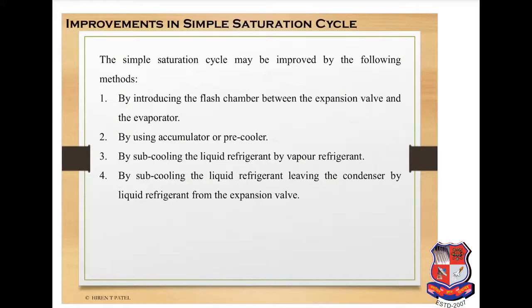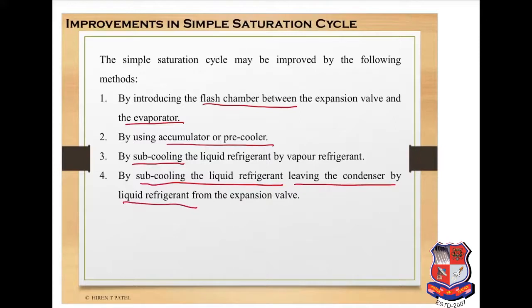One of them is using a flash chamber between the expansion valve and the evaporator. Another one is using an accumulator or pre-cooler. Third is subcooling of the liquid refrigerant by vapor refrigerant. And fourth is subcooling of the liquid refrigerant leaving the condenser by liquid refrigerant from the expansion valve. Throughout this video you will see how these methods are useful for the improvement of the simple